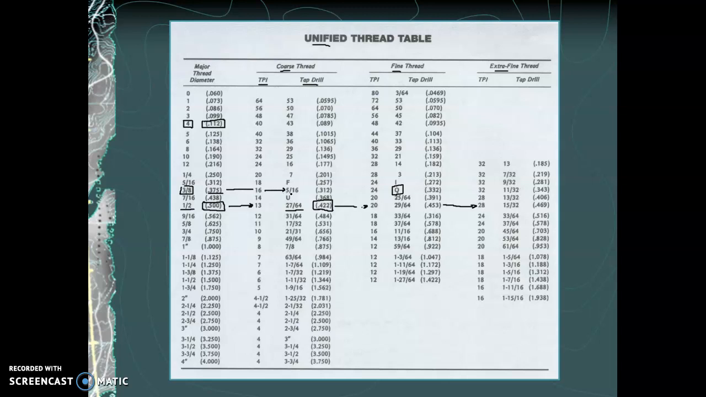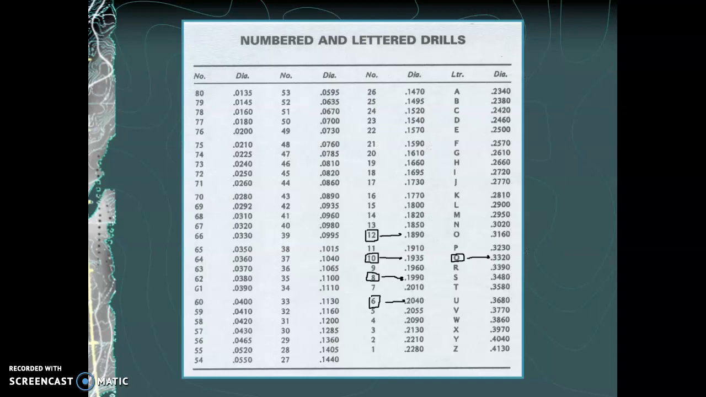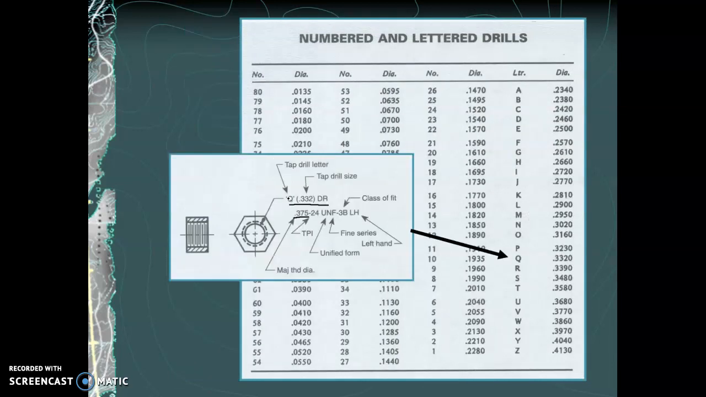If I want to do coarse threads, I'm going to need a 5/16 of an inch tap drill. If we want to do fine threads, that's going to require a Q tap drill. And if we want to do extra fine threads, that's going to require a number 32 tap drill. So oftentimes this is the only information that's given on the drawing, and you have to look up using a table like this what the tap drill size would be. In this particular case, though, the tap drill size is given. You need a Q